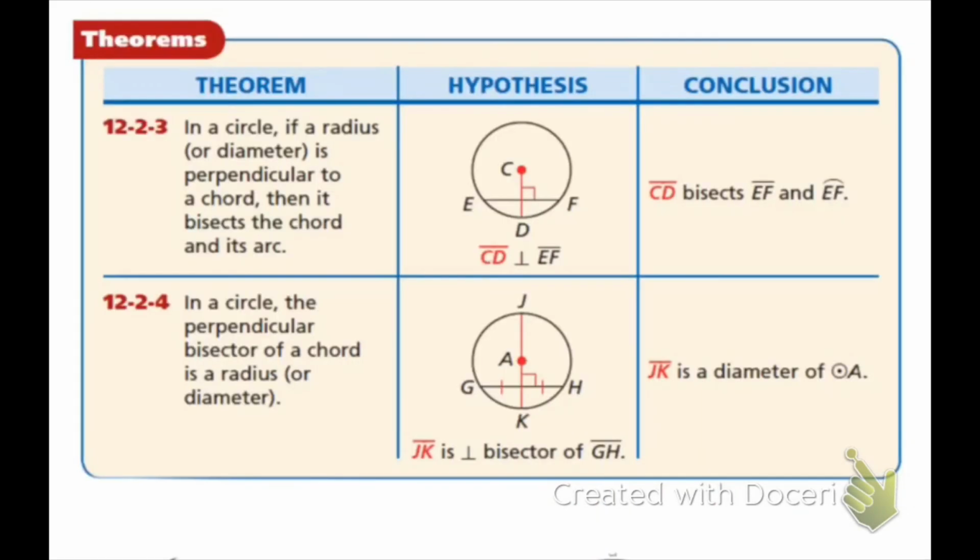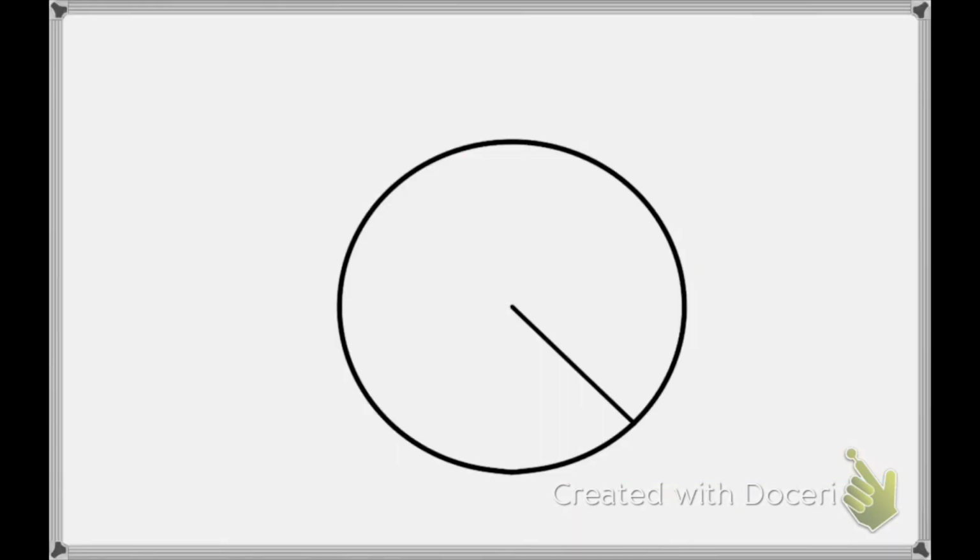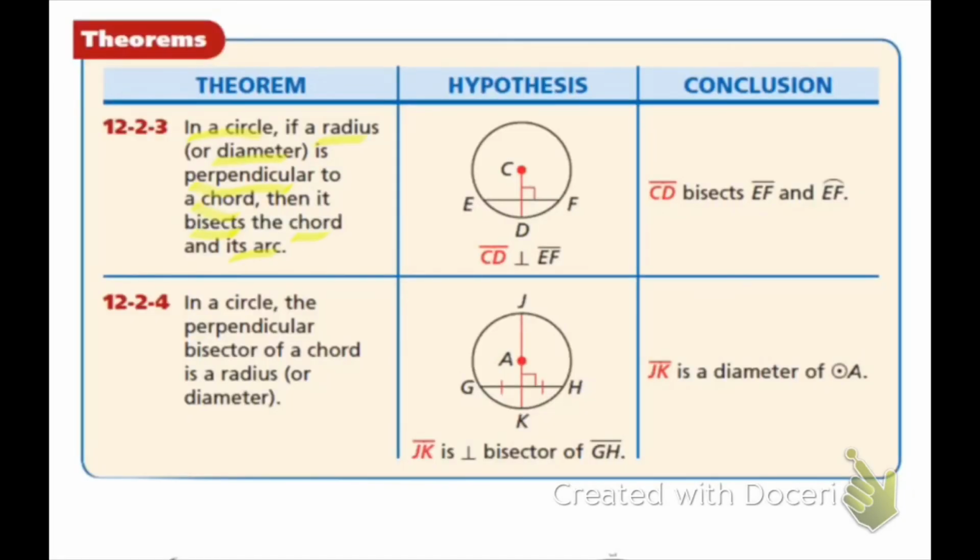Alright, last theorem for today. In a circle, if the radius or diameter, either one works, if the radius or diameter is perpendicular to a chord, then it bisects the chord and the arc. So if I take the radius of a circle, let's say that I construct an arc, no matter where I move,